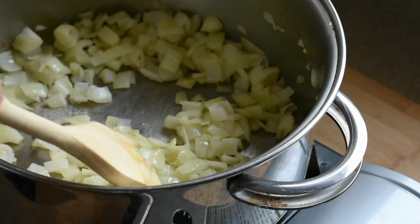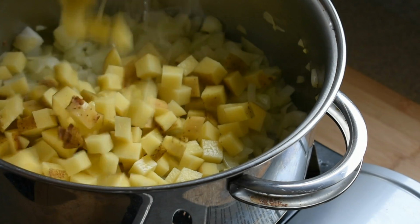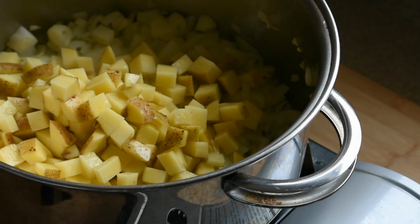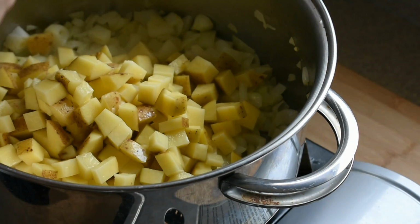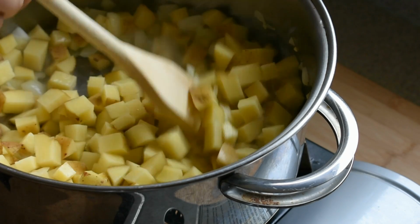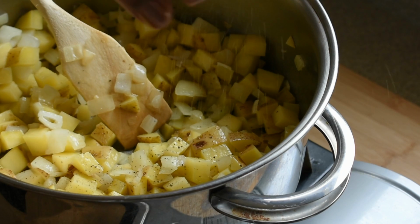And we are using the yellow Yukon Gold potatoes with the skin on because it adds a lot of fiber. And it really just makes it a lot easier to make this. So you're going to add that in there, and really you're just going to stir it all up, and coat it all together, cook it for a little bit, and we're going to add our salt